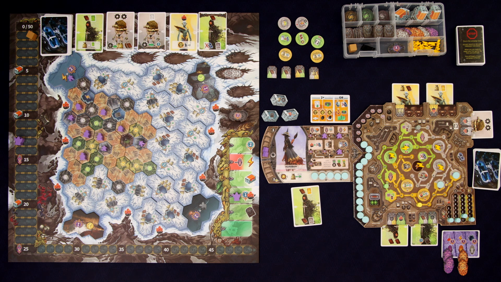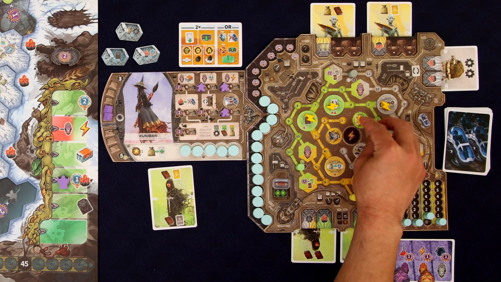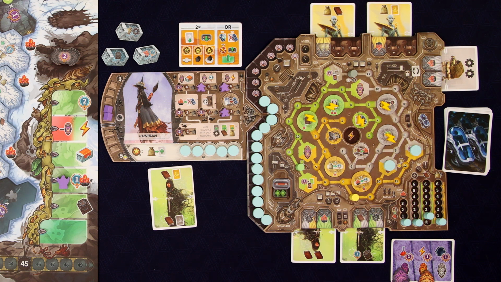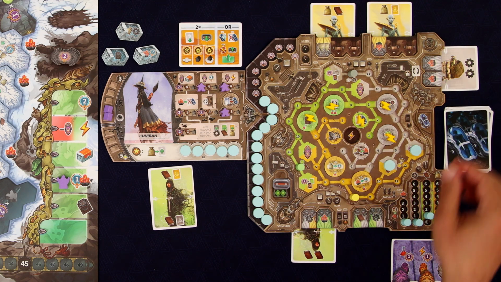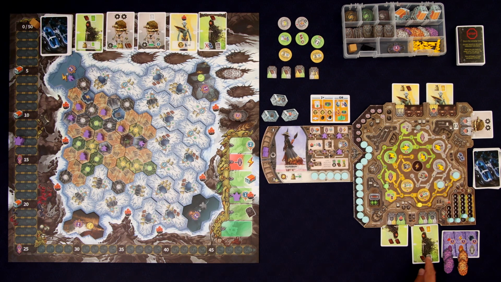Well, I tell you what, I guess I could get 1 more person out, possibly. Yeah, you know, I think we can. I'm going to do that. That's going to let us remove one of these. Might as well remove this one. And then we can spend our last action to play that card right there. We'll get 2 books